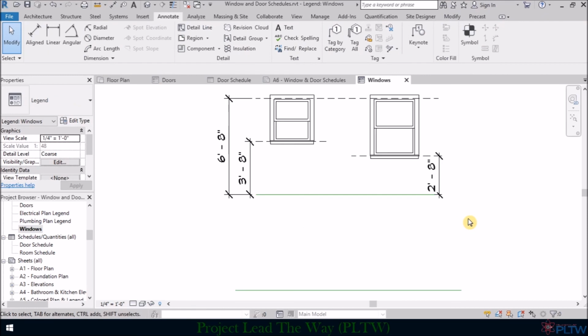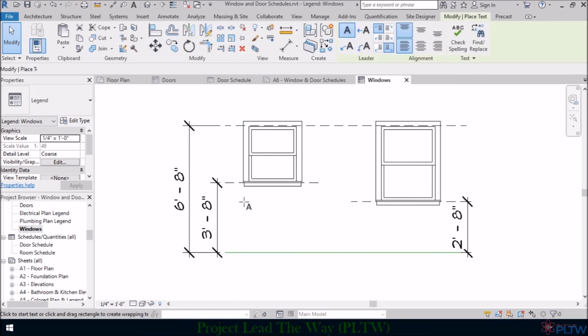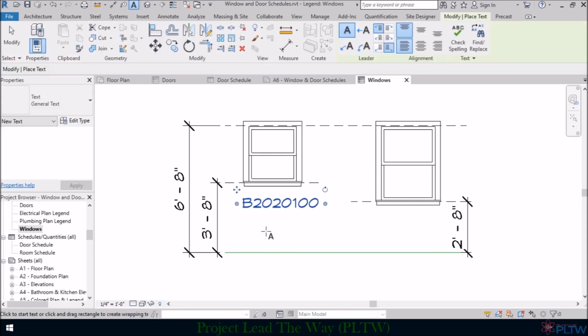And then I think we have the, let's delete this stray line here. We need to get some text. So I would go to my window, and I would click on my window, and I would get that assembly code that I showed you earlier. And that is what my assembly code is,